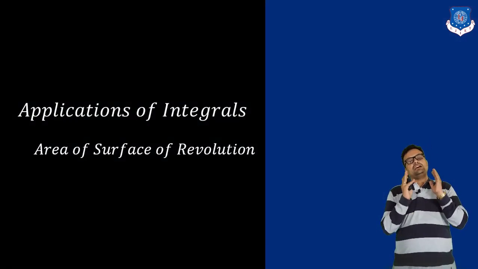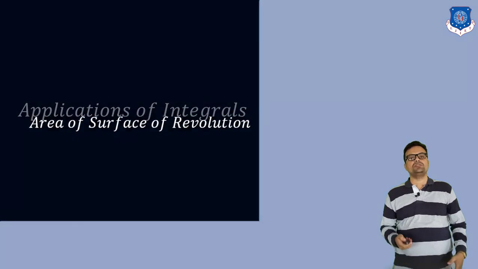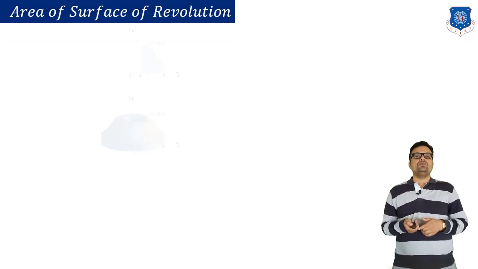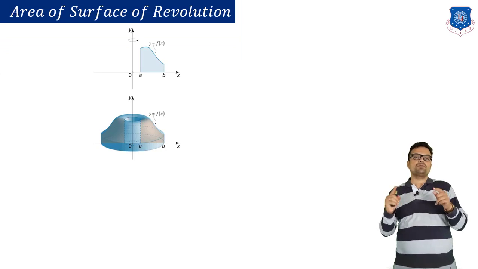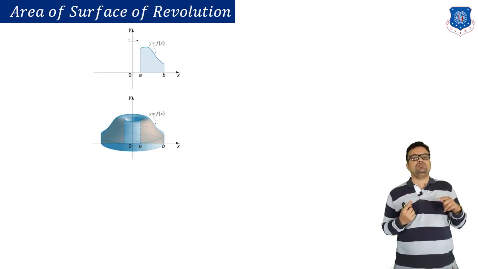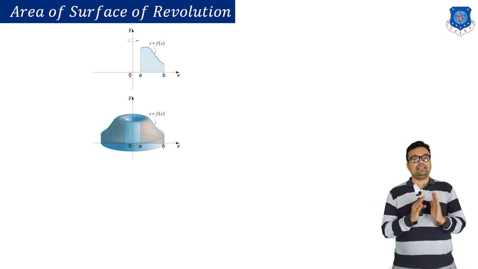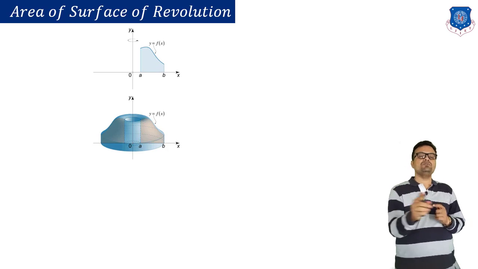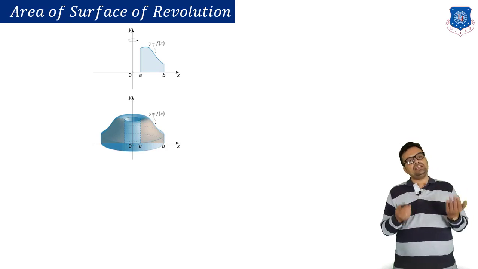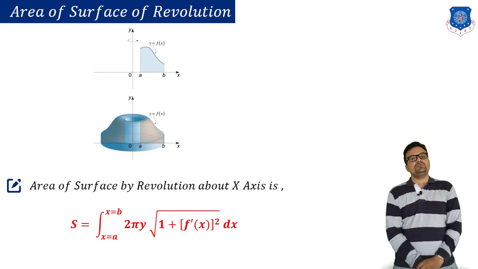Now let us go for the last part of this discussion, that is how to find surface area, or the area of surface of revolution. If we have a curve y equal to f of x and if we rotate it through y-axis, what will happen? It will generate a solid. If I am taking this area, but now if I take only that curve y equal to f of x, it will give you a surface. How to find area of that surface? So area of that surface of revolution is given by